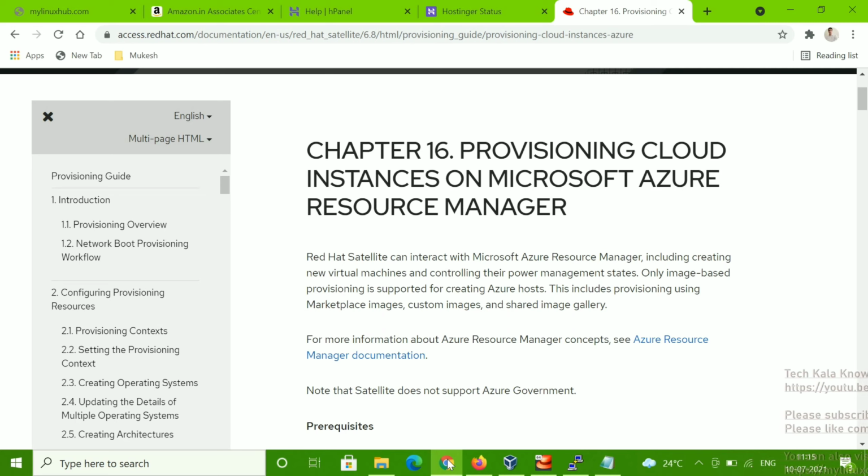If you are using Satellite in your organization and planning to deploy servers on Azure, it's one kind of automation. You do this setup only one time. Once you have created everything, just submit the request, and automatically your server will be deployed on Azure with all the details. It will create the file system and the user management, whatever requirement you put there. The server will automatically register with Satellite and be patched, everything.